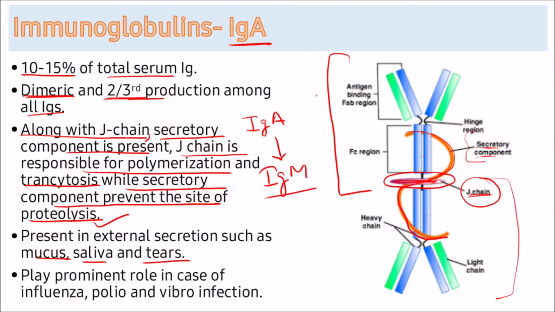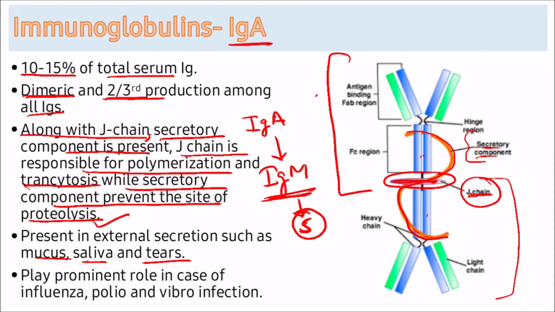Okay, so apart from IgA, IgM could be present in external secretion, but it does not occur there because of its heavy molecular weight. It is pentameric in nature, no? So it has 5 subunits connected through the J chain. That's why, due to its higher molecular weight, it cannot transcytose from the cell to the external secretion. That's why it does not occur in external secretion.